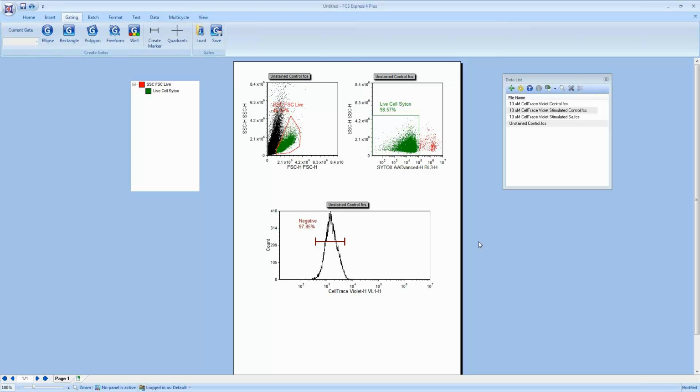Now, we're also going to create a page for the positive control. Later on in the analysis, when we do the batch of this data, I actually don't want these data files to change. I want these data files to stay the same because they're going to be my negative and positive controls throughout the entire analysis that we're doing. So to make sure that these stay the same during the batch process,